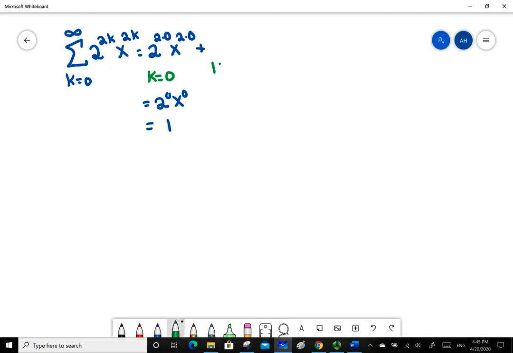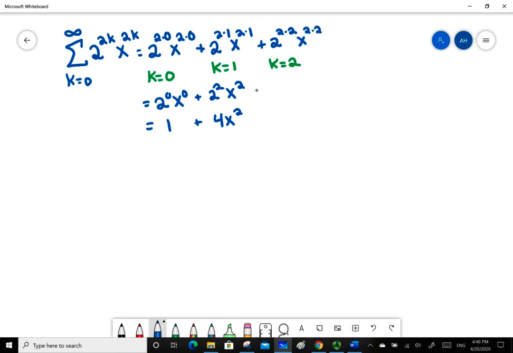Then, for k equals 1, I get 2 to the 2 times 1, x to the 2 times 1, so 2 squared x squared, which is 4x squared. When k equals 2, we get 2 to the 2 times 2, x to the 2 times 2, so 2 to the 4th, x to the 4th, which is 16x to the 4th. And then when k equals 3, 2 to the 2 times 3, x to the 2 times 3, so 2 to the 6th, x to the 6th, 64